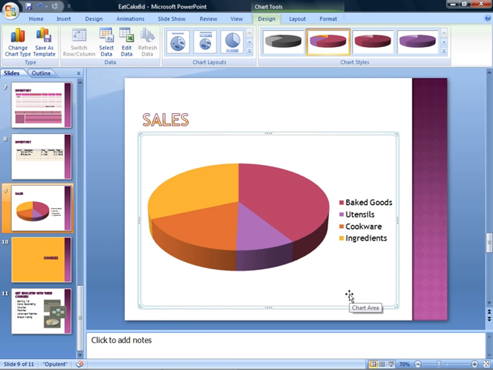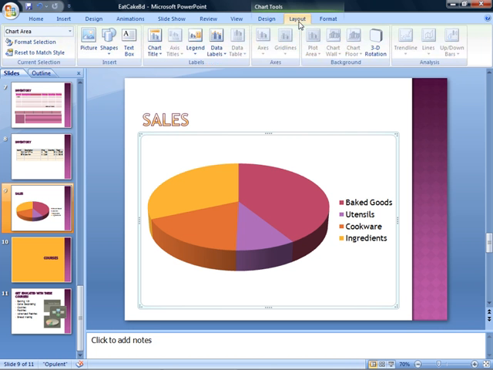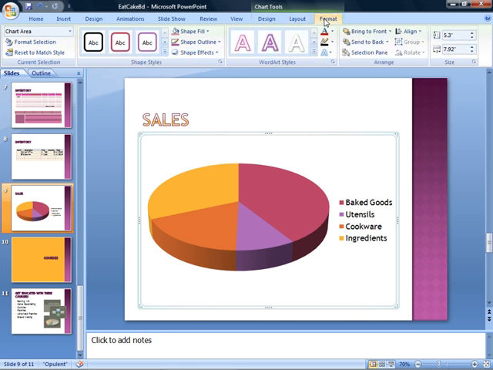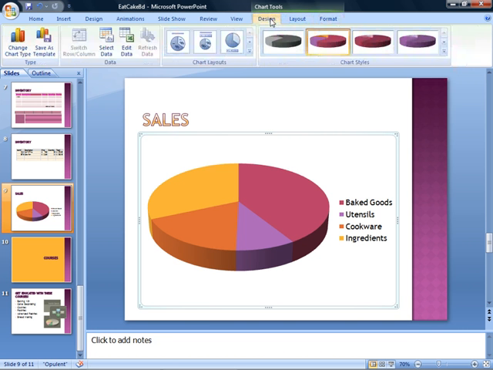So there's lots of options now. Now that we've inserted our chart, we could go into chart styles, the layout, adjust that. If we wanted to edit the data, we could. If we wanted to spice this up with some labels and so on, we could do that too. Look up here on the ribbon. Chart Tools actually covers 3 tabs: a Design tab, a Layout tab, and a Format tab. So we'll look at all of that in the next lesson, but now you know how to get your chart